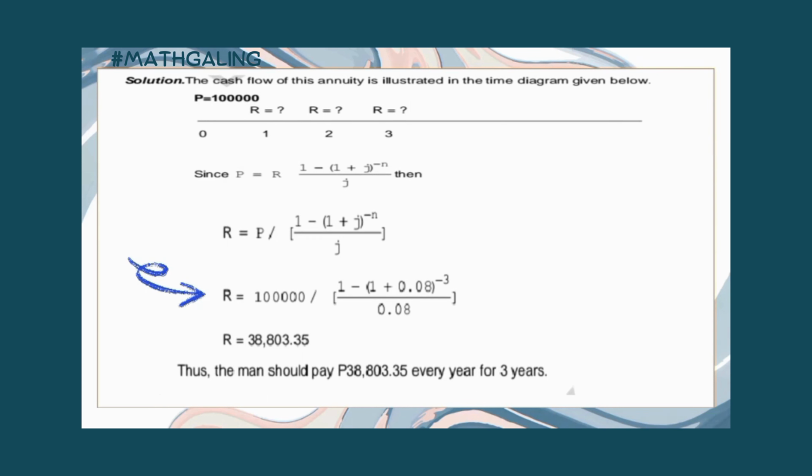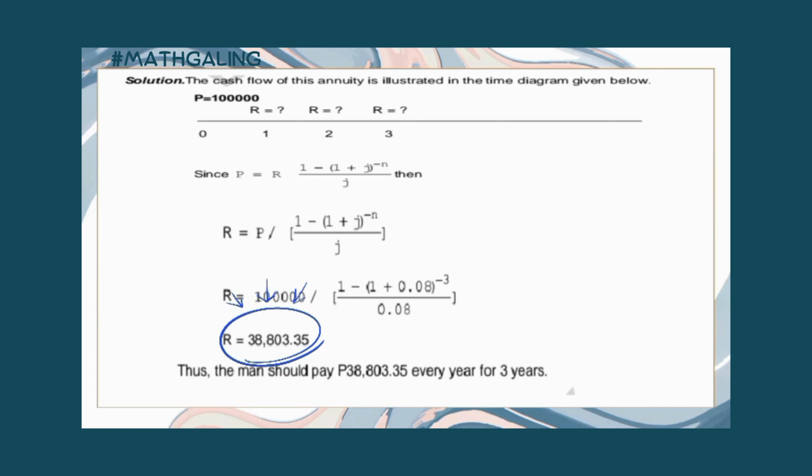For the present value, it is 100,000 pesos, over the quantity of 1 minus the quantity of 1 plus 0.08 raised to negative 3, all over 0.08. So that is 38,